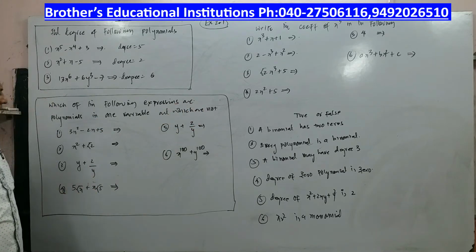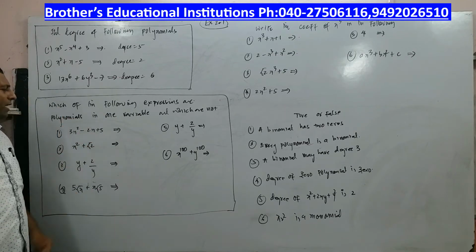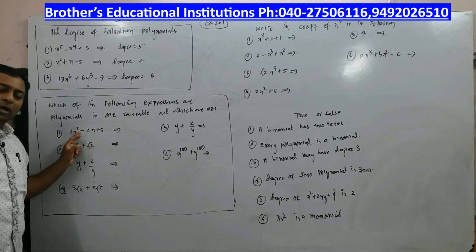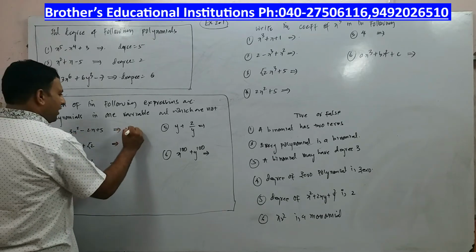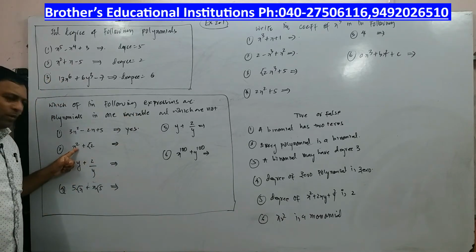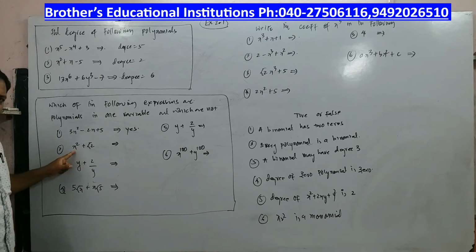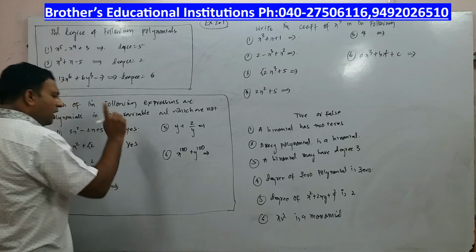Also we will try to give the explanation. Now check at this. Is this a polynomial in one variable? Yes sir. It is having one variable and the powers are non-negative integral numbers. Yes, it is a polynomial in variable. So we need not worry. What about this x square? Only one variable is there. The power of the variable is a positive integral number. Yes, this is a polynomial in one variable.